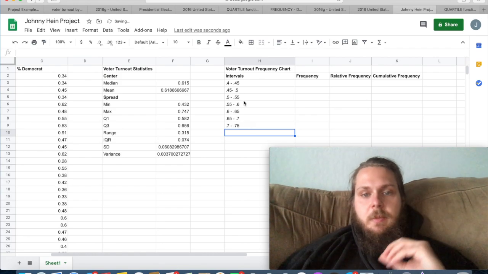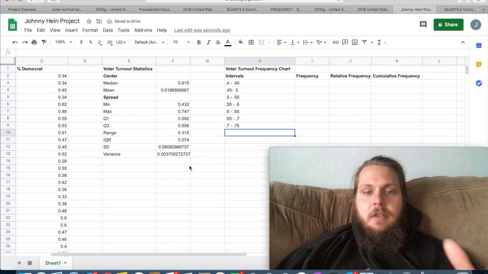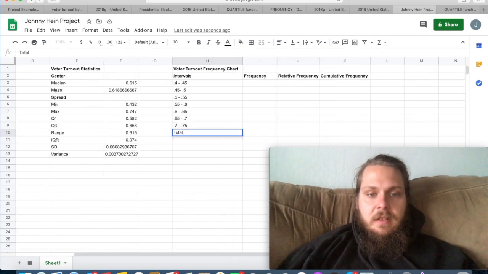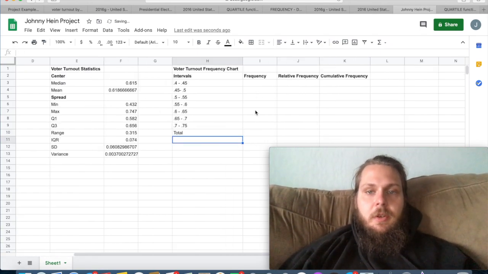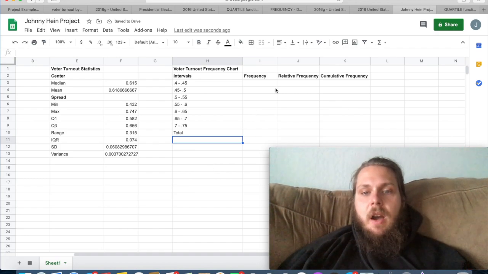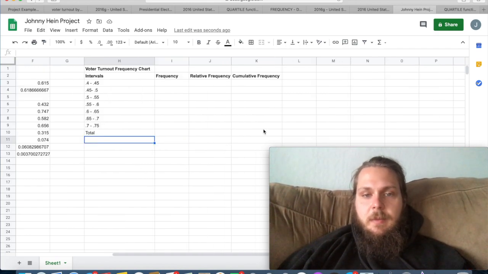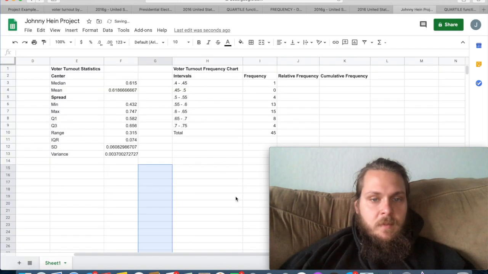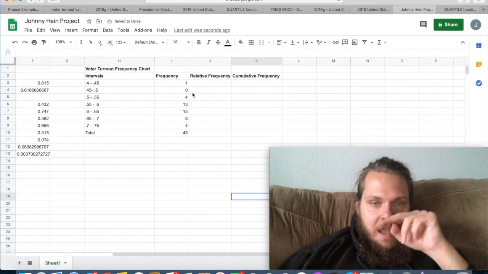Okay, so these are my intervals, and all I'm going to do is literally count through my data to figure out the frequencies. I'm still going to pause the video and find my frequencies, and then once I have my frequencies, we're going to look for some shortcuts for relative and cumulative. Okay, so now that I have my frequency,